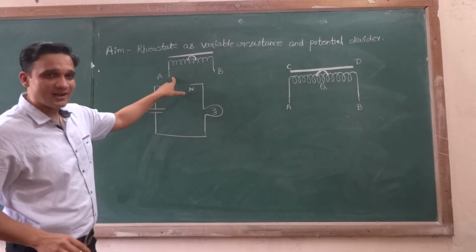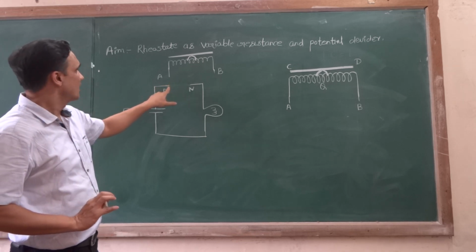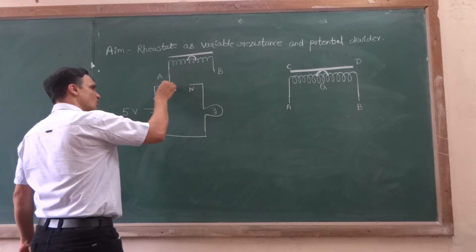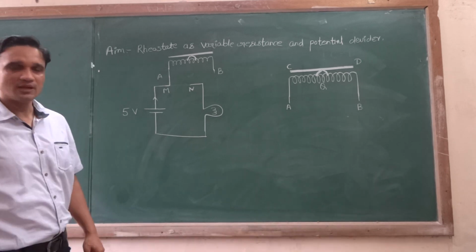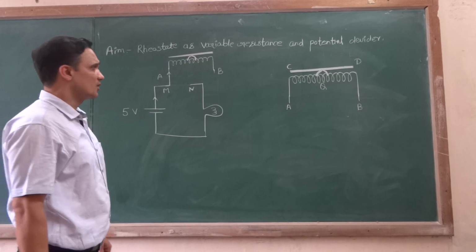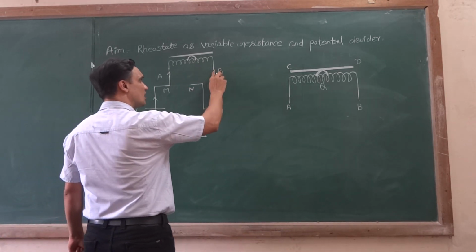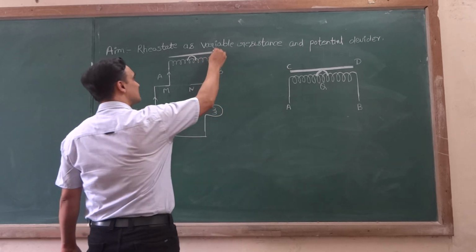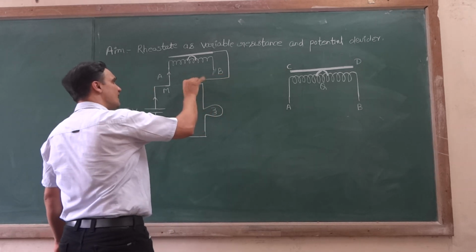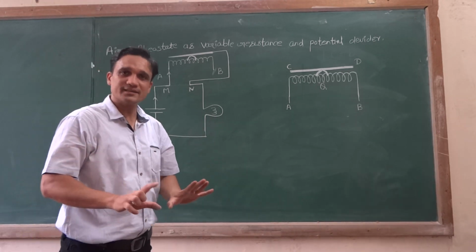First, if you connect one end of the rheostat, you can connect it at the point M. Let me take point A connected with the M of the circuit. Now the current will be allowed to pass in the rheostat, but the other end is not connected. So this time I am not going to connect the end B. I am going to connect this rod through the point N. So the other end of the rheostat is free, that is, not connected with the circuit.